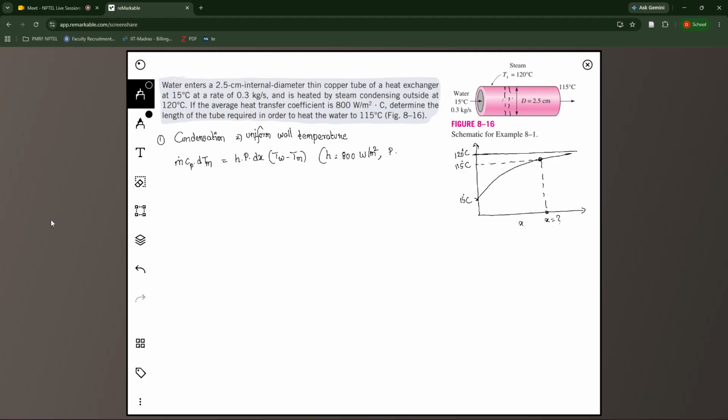And perimeter you can directly find. Perimeter is basically pi times outer diameter. So you can substitute this and solve this equation. If you have to solve this, it becomes dTm by (Tw minus Tm) between the limits 15 Celsius to 115 Celsius, equal to h p dx,